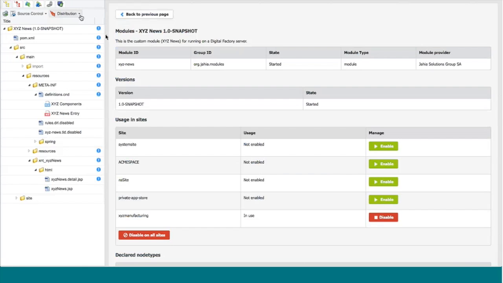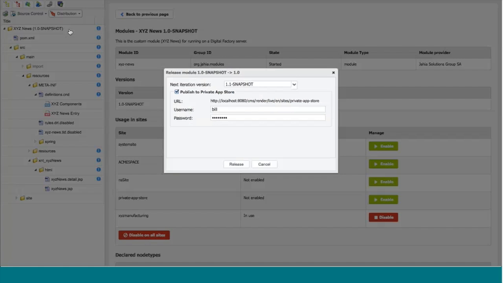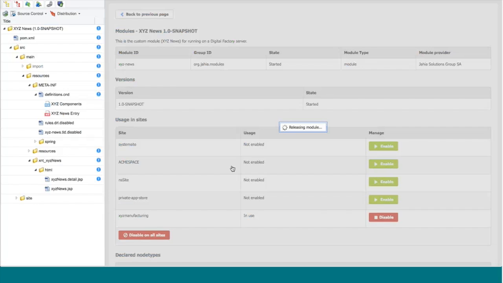So anytime I want to release here, I can just click on release, and I can then choose the next iteration. Am I releasing 1.0? Yes, that's what I want to do. So my next iteration will be 1.1 snapshot. And here's my URL for the App Store and my login, and I just click release. This will take a moment. While that's releasing,